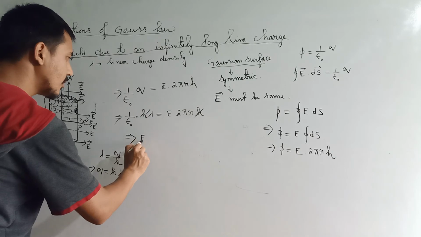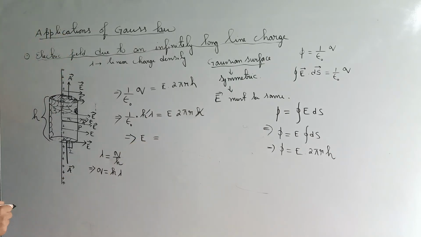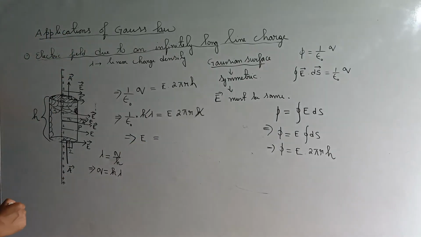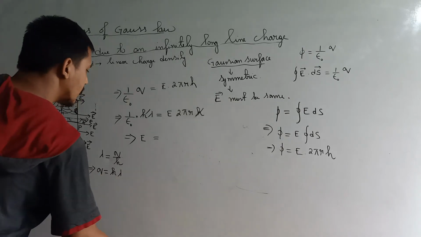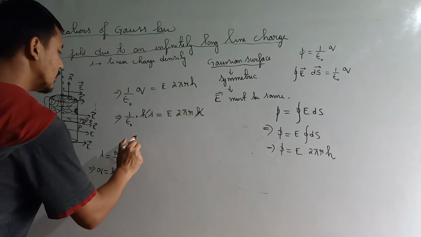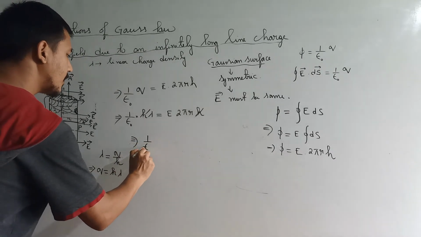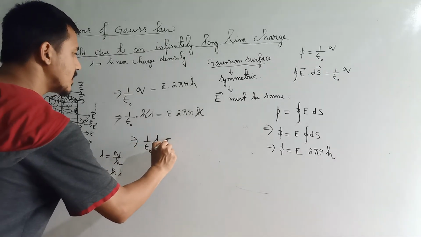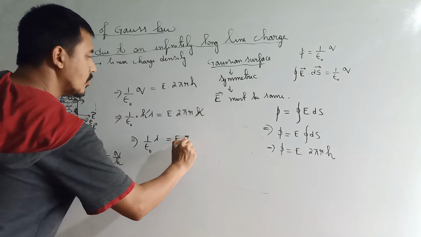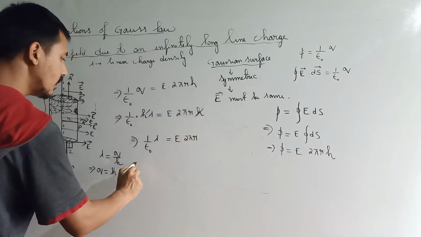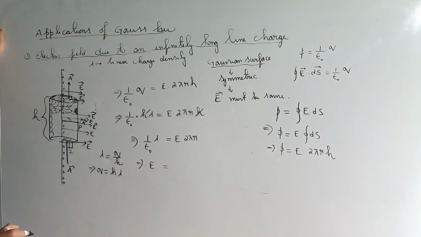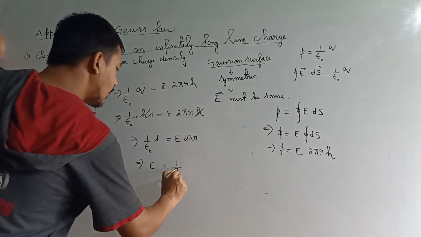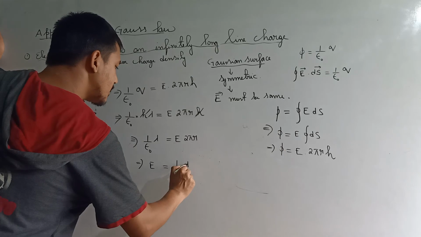So E will be equal to... Here, 1 by epsilon naught times lambda is equal to E into 2 pi r. I want to find E. So E will be equal to 1 by epsilon naught times lambda